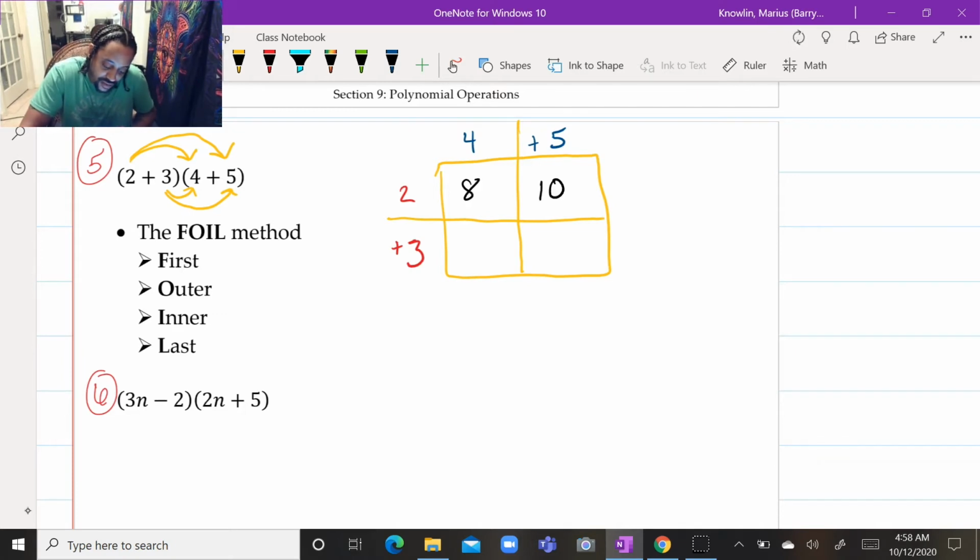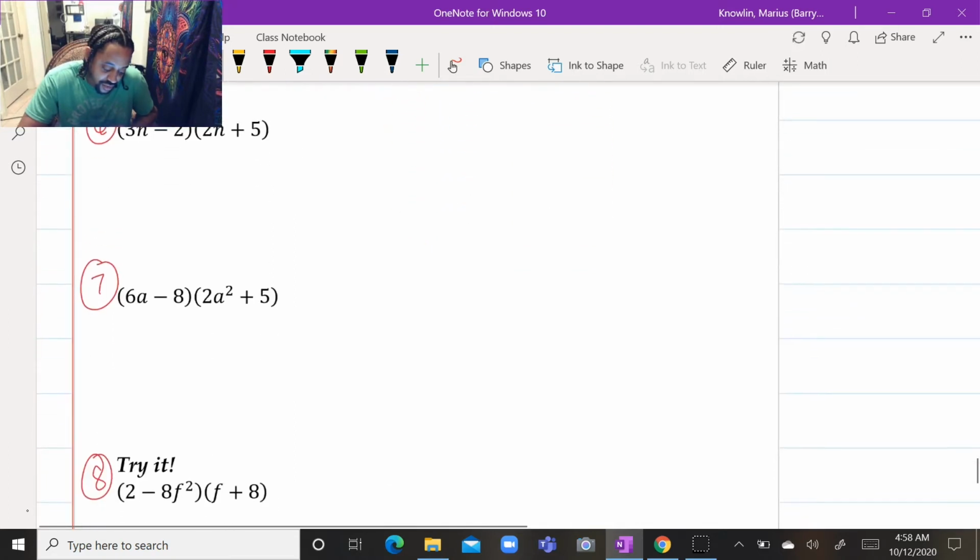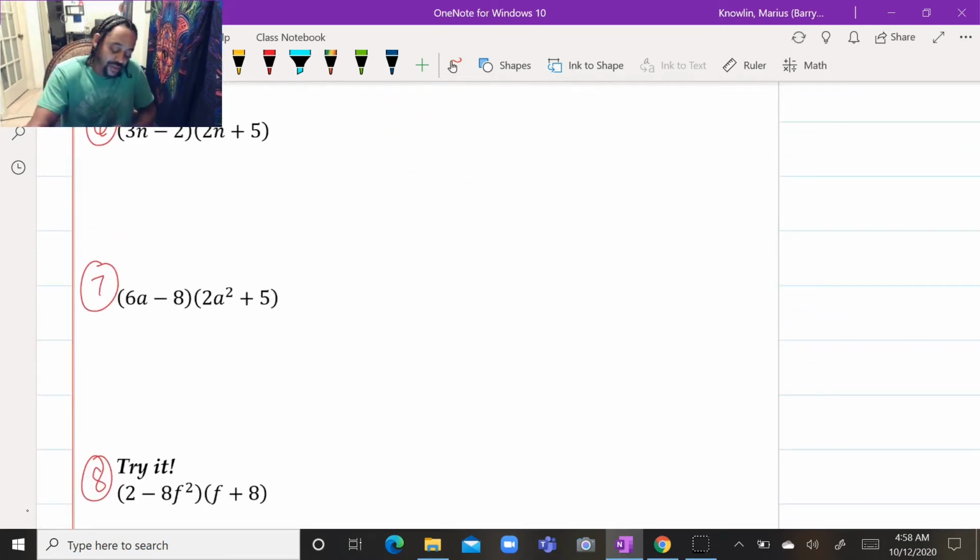8, 10, 12, 15, and then we would go from there. Okay, so that's going to be the process. So let's take a look at what that looks like when we're doing actual binomials. Okay,